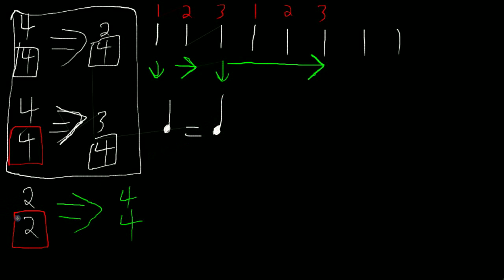In this example, one of the things that we're going to be dealing with is we've got a 2 in the bottom number. So we've got something other than a 4, and we're going to an example with a 4 in the bottom number. So keep in mind, what does this mean if we have a time signature with a 2 in the bottom? Well, if you remember